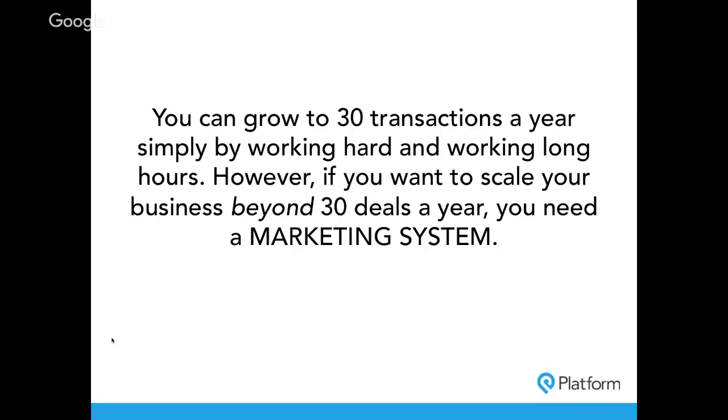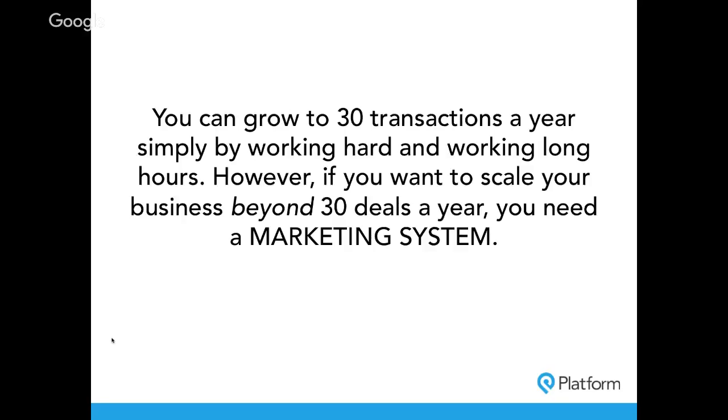What happens is most agents simply run out of time, right? They actually don't have extra time in the day to follow up with more leads, or to drive more people around and go on more showings or listing appointments or negotiate more offers or attend the home inspection. I mean, all the stuff that an agent does on a day-to-day basis, right? So it's not that agents are hitting a plateau at about 30 deals a year because they're getting lazy or because they're running out of marketing dollars or for any other reason but time.